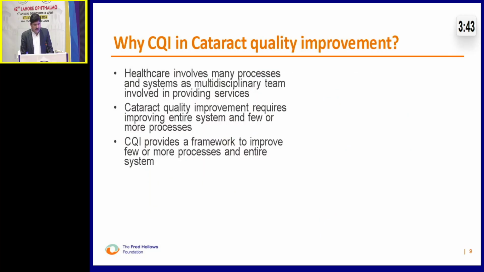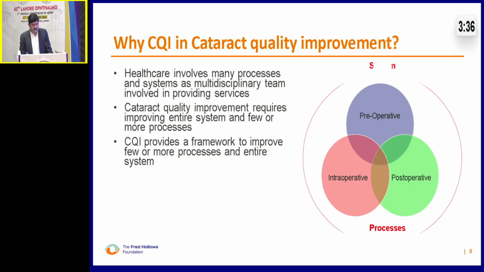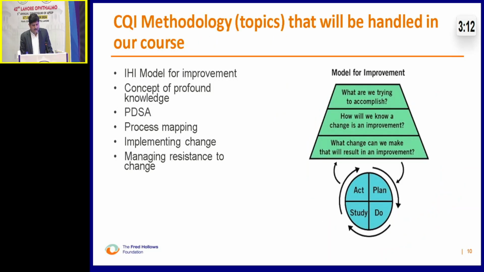In cataract quality improvement, as we know, health care involves many processes and systems, with multidisciplinary teams involved in providing the care. Cataract quality improvement requires improving entire systems and a few or more processes. CQI provides a framework to improve a few or more processes and the entire system. So in CQI, we use